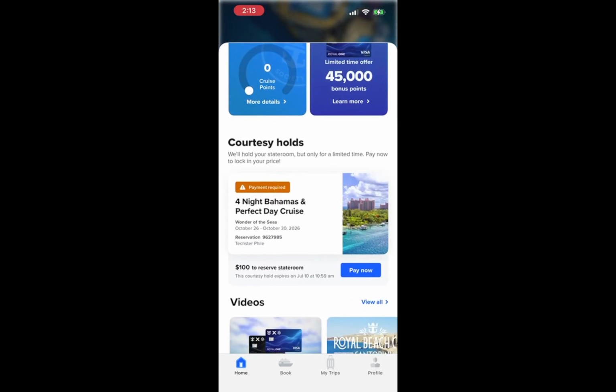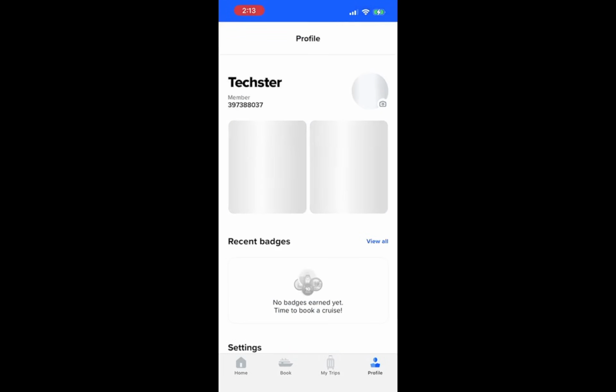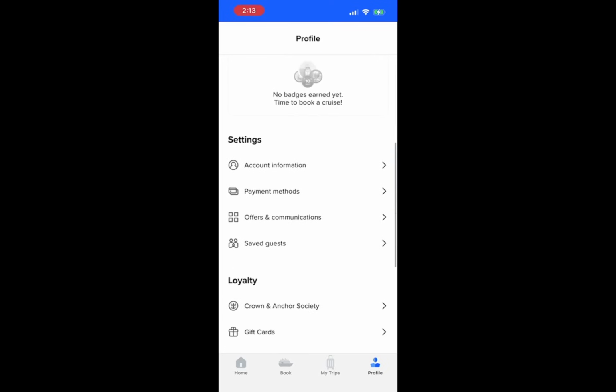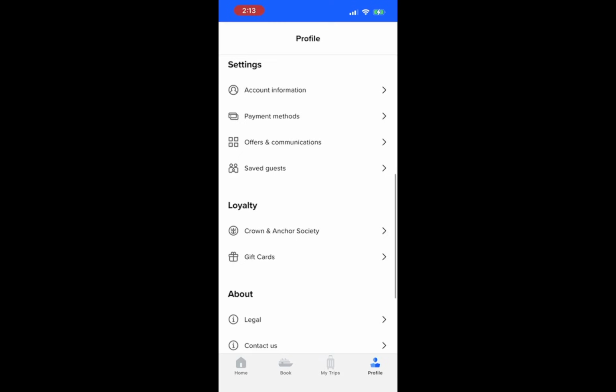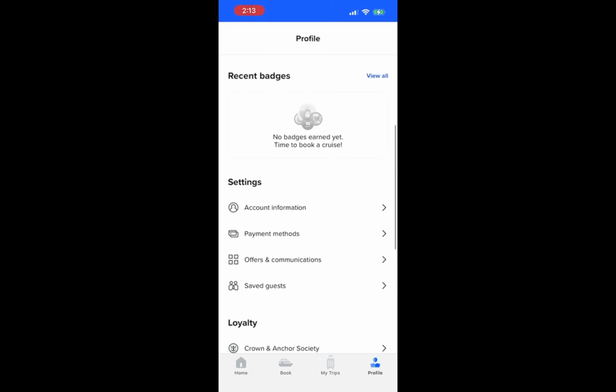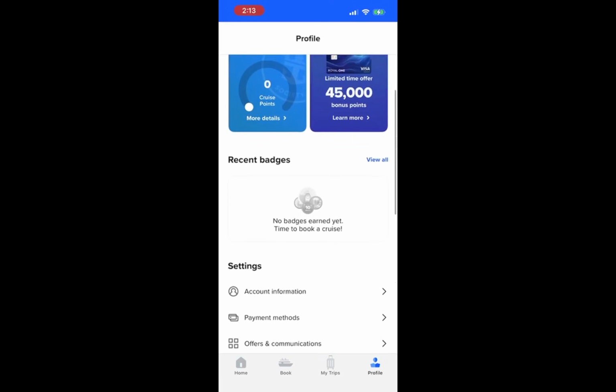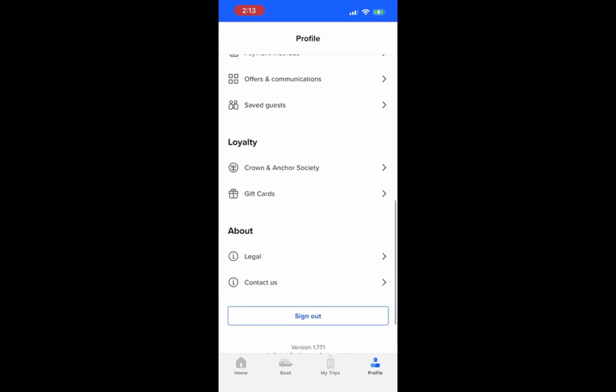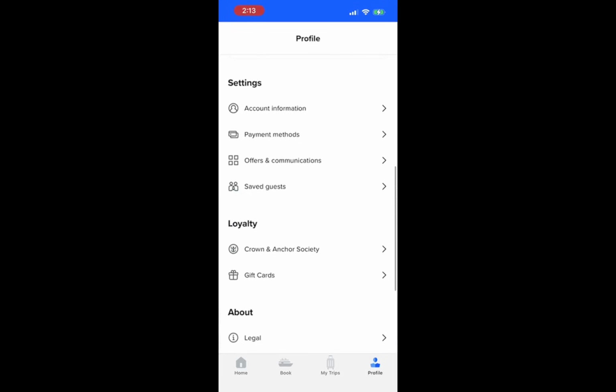Now that you're signed in, tap your profile. This is often represented by a profile icon or your initials, usually located in the upper corner of the screen. Tapping your profile allows you to access your account settings, including payment details, which is where we need to go for this task. It's important to familiarize yourself with this section, as it holds key information related to your cruise experience and preferences. From there, tap Payment Method or Change Payment Method.